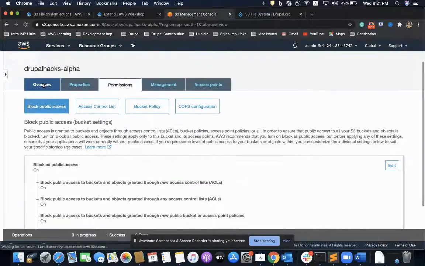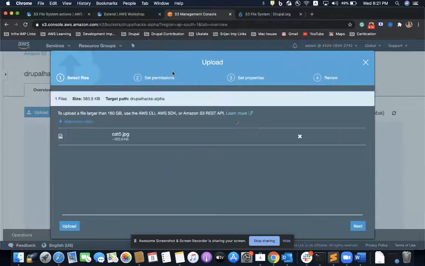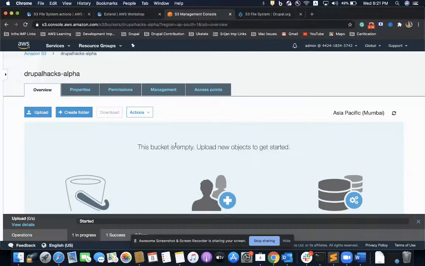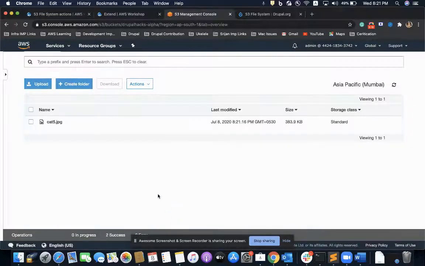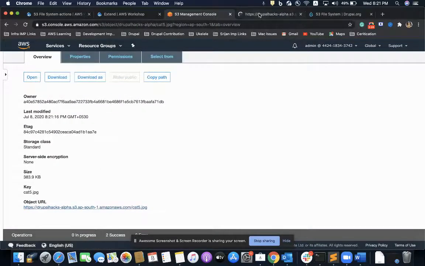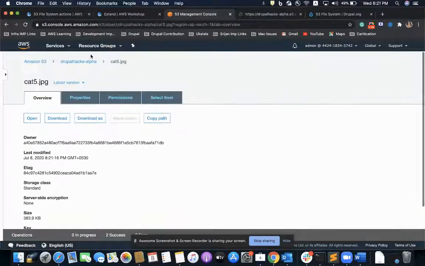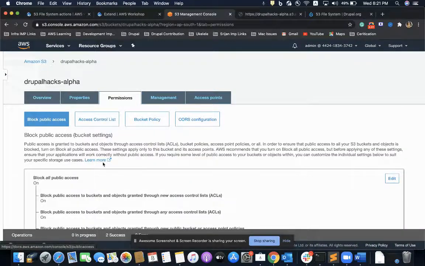So if I upload a file directly from this S3 bucket, it is uploading 100%, and I'll see it is uploaded. I'll click on it and access from this object URL, and it is giving me an access denied error.